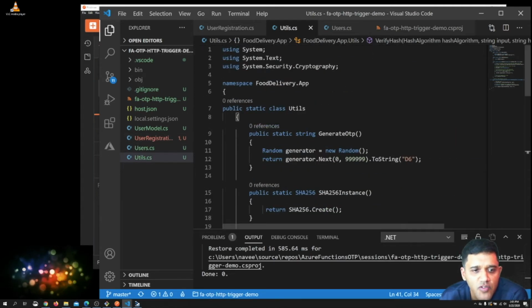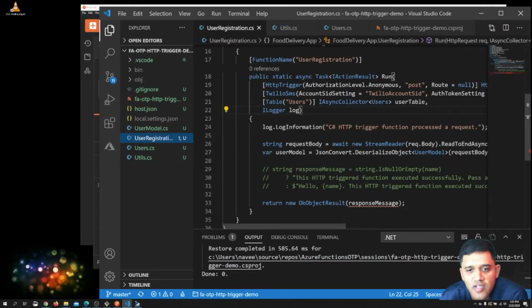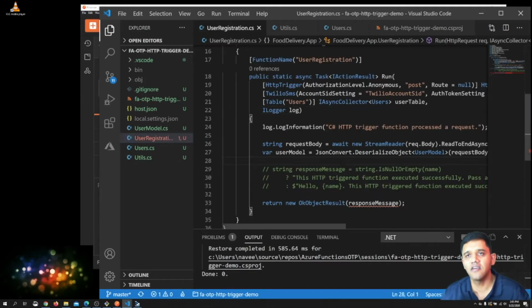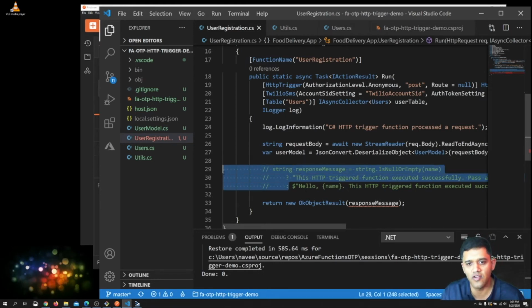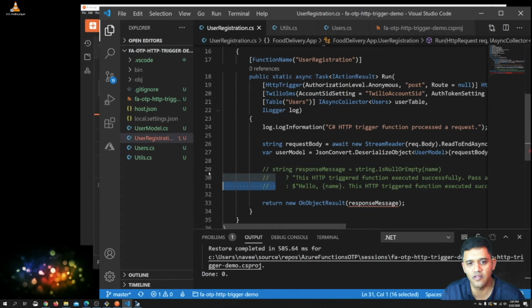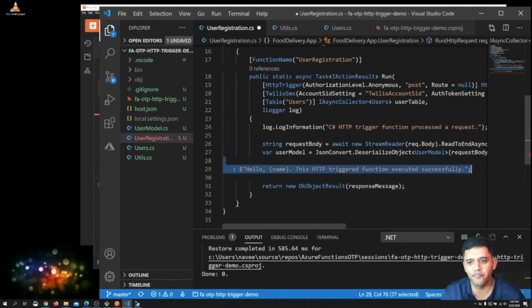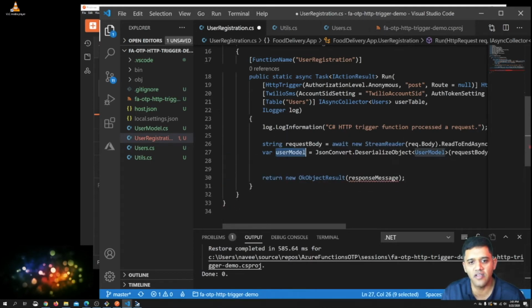So now that I have the utils ready, we have to write the logic to send an OTP to the user and then insert that record in the database. So let's see how we will do that. So I'm going to remove this code here. So till the line 27, we know that we are getting the user model, which is the first name, last name, and the mobile number.